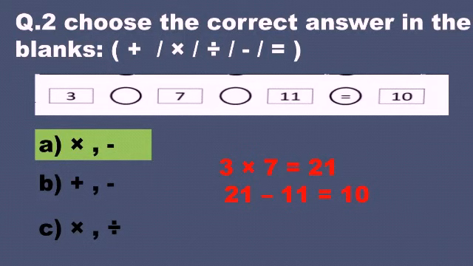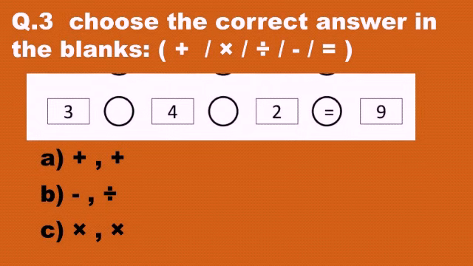So let us check the answer. First of all, as there is an equal sign, it is very easy. First of all you need to make 10 by using the sign. If we choose the first option, it is first multiplication then subtraction. As you know, in order, first of all we have to complete the multiplication part, then subtract. So 3 into 7 equals 21 and 21 minus 11 equals 10.